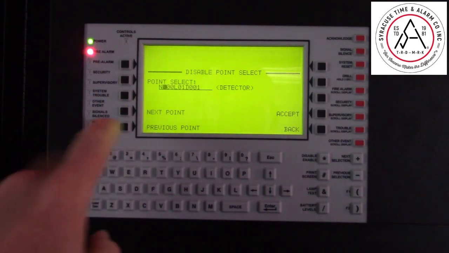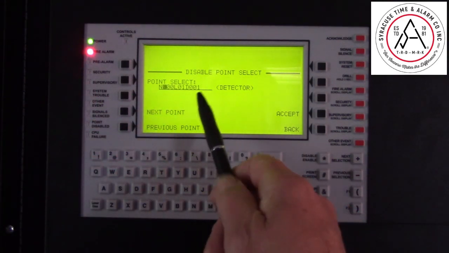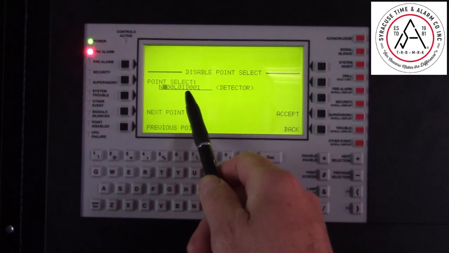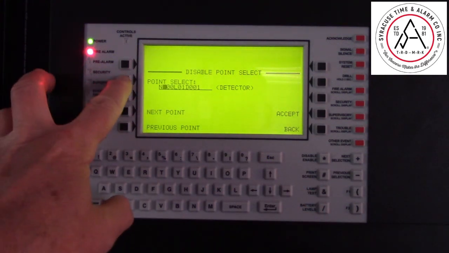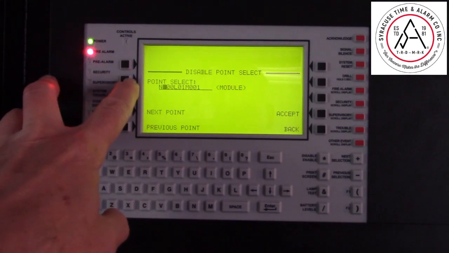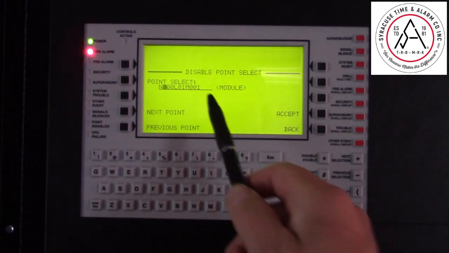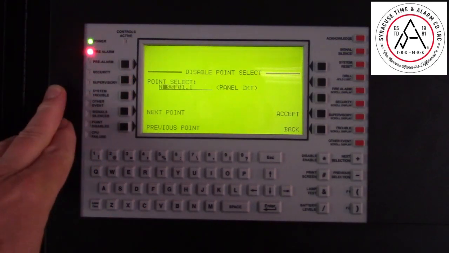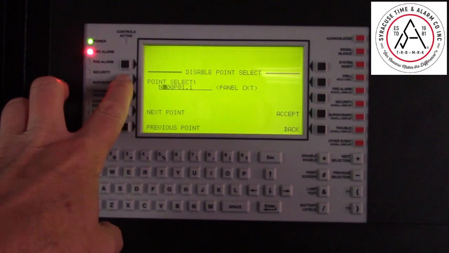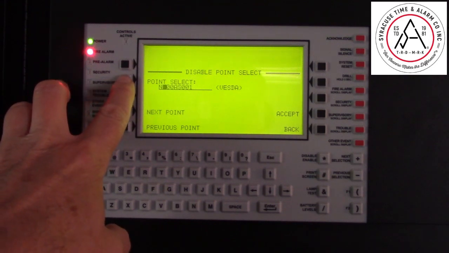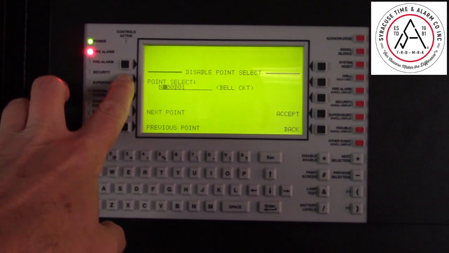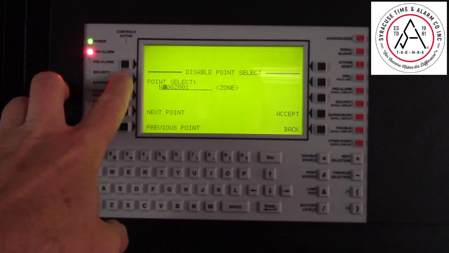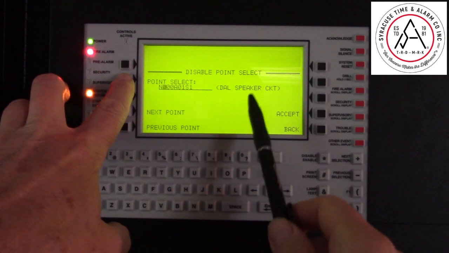Select your point. Now this defaults for analog detectors designated by the D. If you needed to disable a monitor point, press the button next to it. It changes that to an M. Or you can disable panel circuits, we'll skip that. Or a VESDA point, or a bell circuit, or a zone, or a logic zone, a speaker circuit,